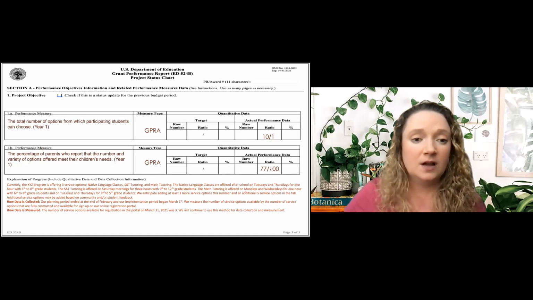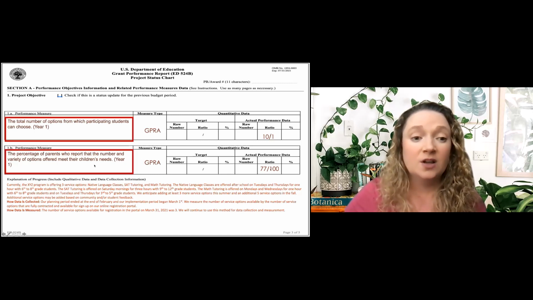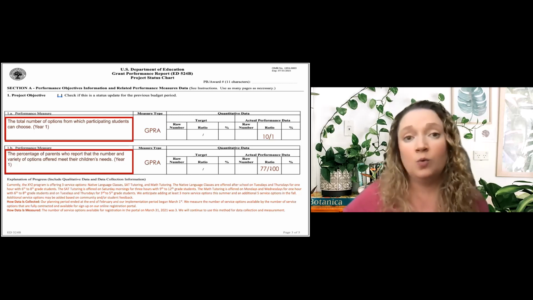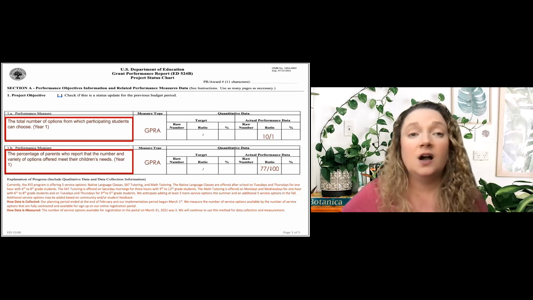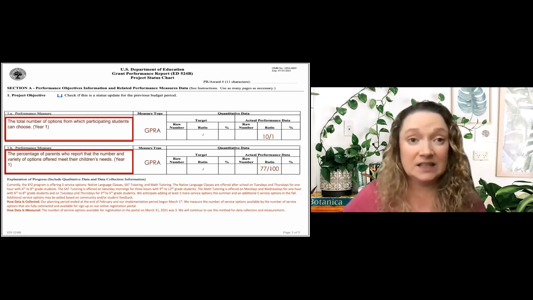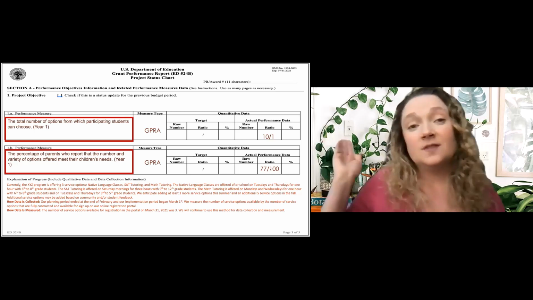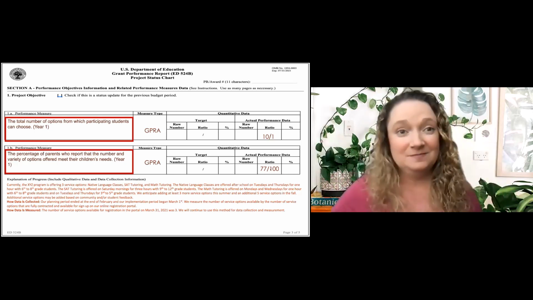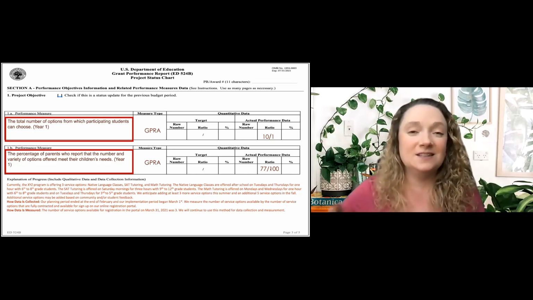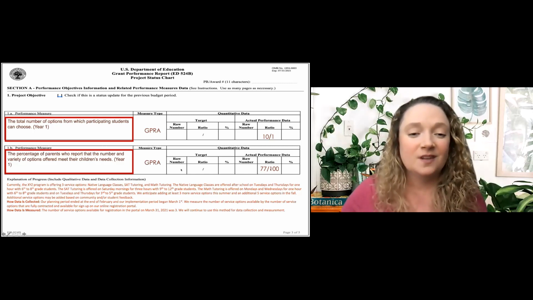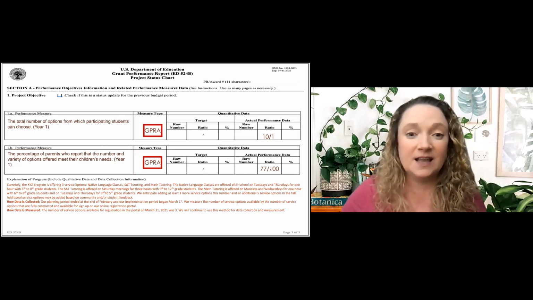And I do want to, I'll go back one second because I want to point out, notice I didn't change the wording of these GEPRA measures. You cannot change a single word of that GEPRA measure. Copy it and paste it exactly as it is. Literally, the only thing you can do is add that nice little year 1, year 2, whatever year it is at the end. Other than that, use it as you see it. That's why copy and paste is always the answer.